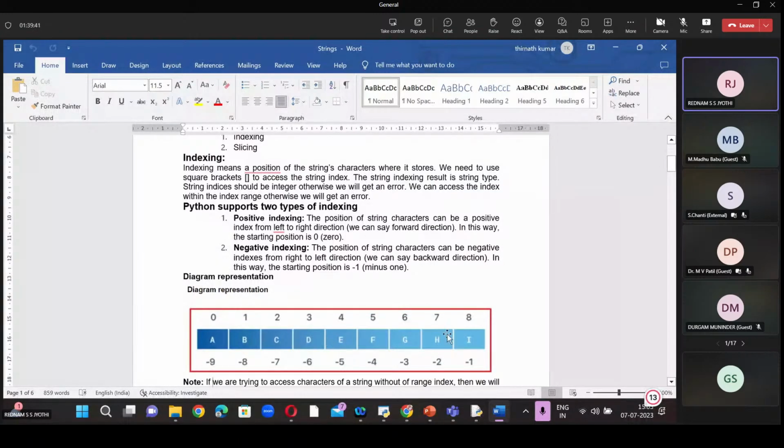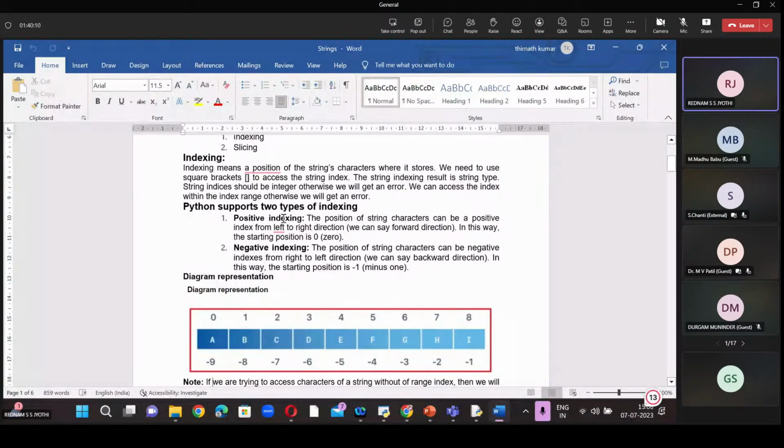Now total 9 elements are there. So the first index is 0 and the last element is represented by index -1. Python supports both positive indexing and negative indexing. If you want to access the last element, its index is -1, then -2, -3, -4, -5, -6, and -9 respectively. So this is the representation of the string.